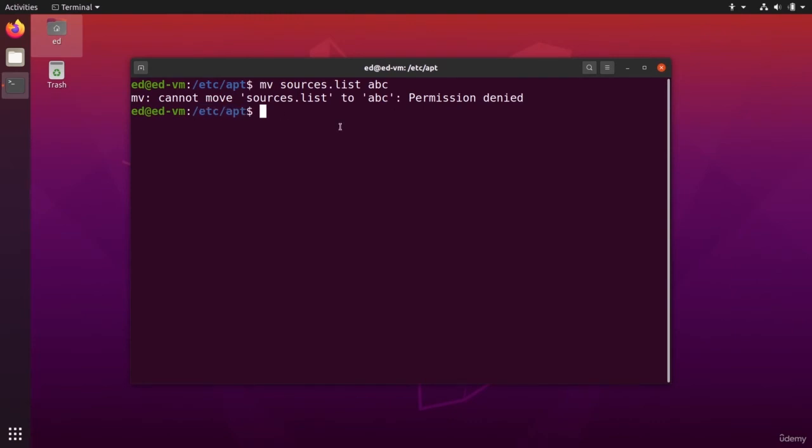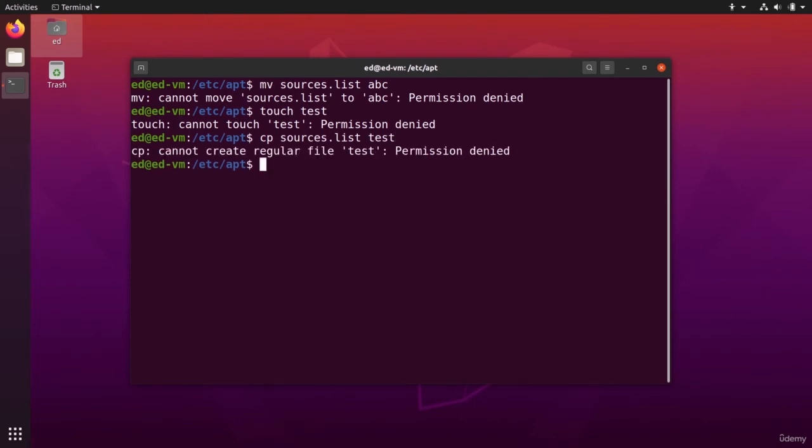Let's try a few more things. Let's say I want to copy and create a new file. First, if I do touch test, I can't create a file. If I do cp sources.list test, I can't, because I can't create files, so I can't copy a file to a new one. If I do echo hello and I want to add some text to sources.list, permission denied once more. And finally, if I do nano,